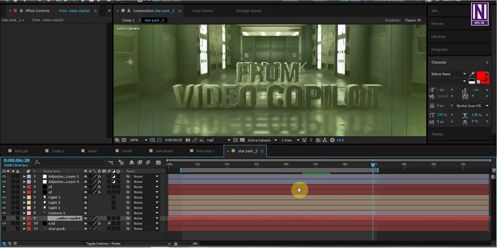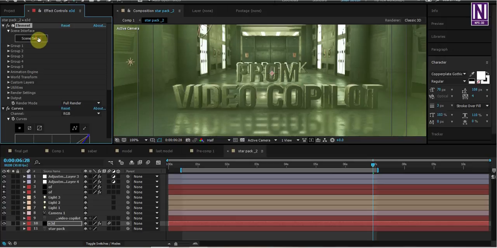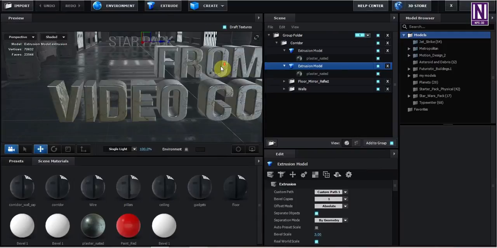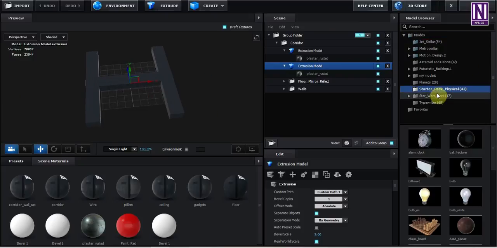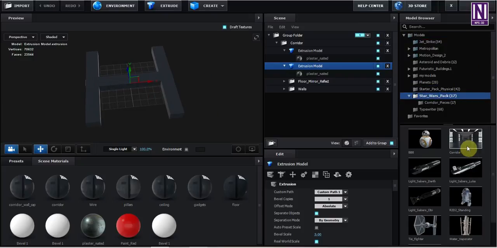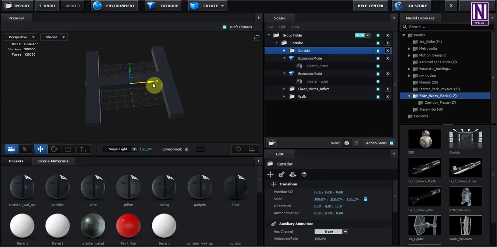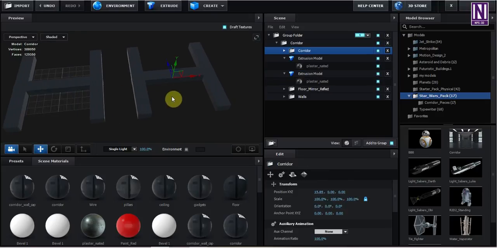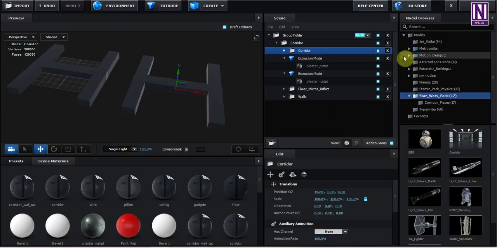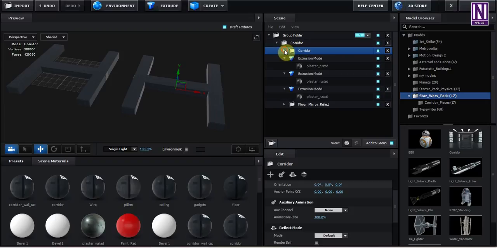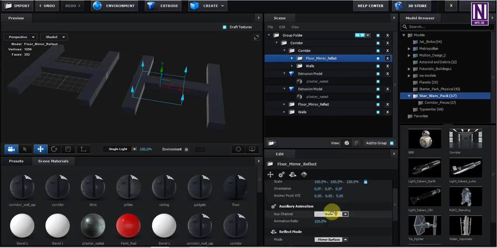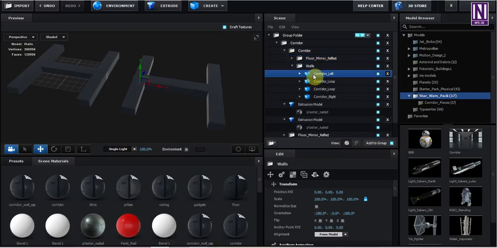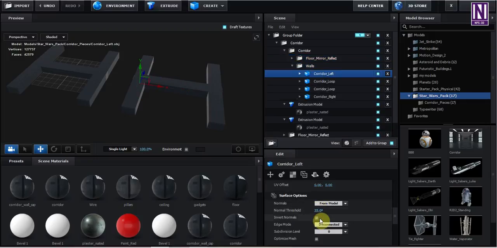Yeah, good. And in the scene setup, I use the Star Pack corridor. You can see the corridor. And one thing more, if you add any model of any packs, don't forget to click here, optimize mesh.